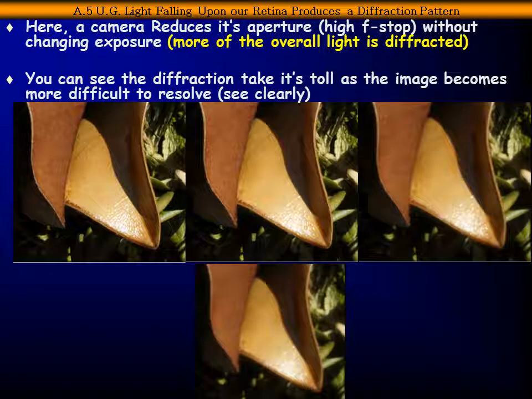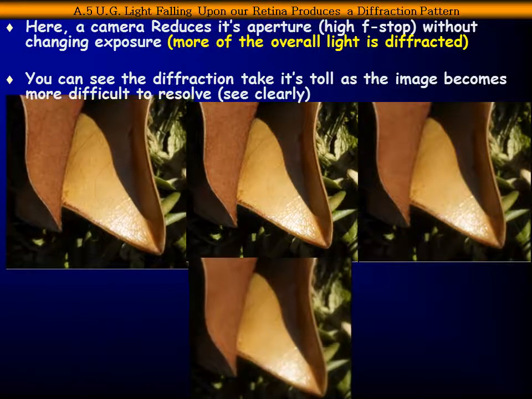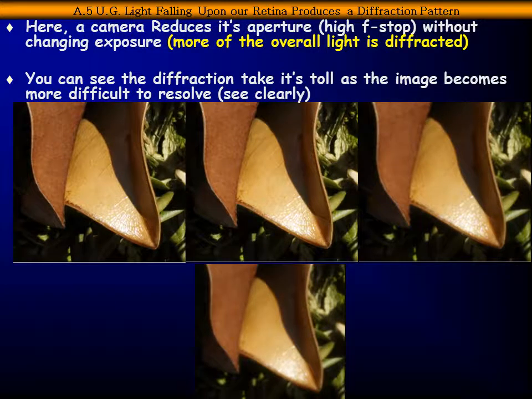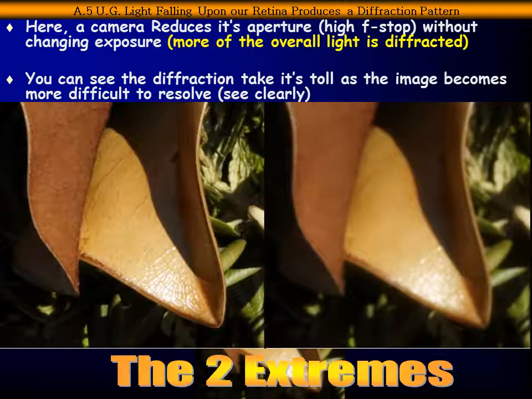Now, here's 4 different pictures of a plant. And you can see that it starts off with the foreground and this image here of this leaf, very crisp and very clear. But what happens is the aperture size is continually reduced all the way down to the last one. So if we compare the first and the last, the aperture being reduced, and that's accomplished by raising the f-stop setting on a camera,